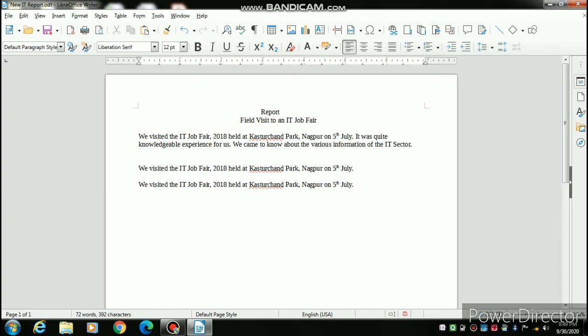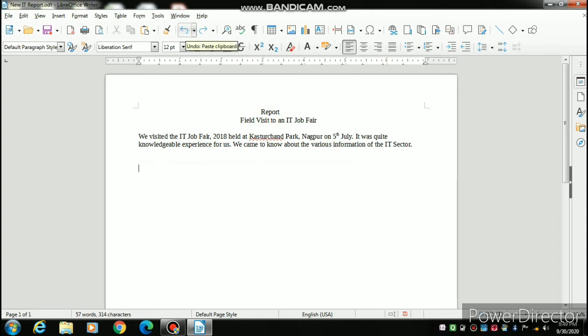Now I don't want this copy, so for the recent correction I can use undo. Here undo is there in the standard toolbar. I press undo. You can see, if you press once again, all the corrections you have done simply get erased in your file. If you want the same correction again, you can use redo. So these two are very important tools for editing, undo and redo.